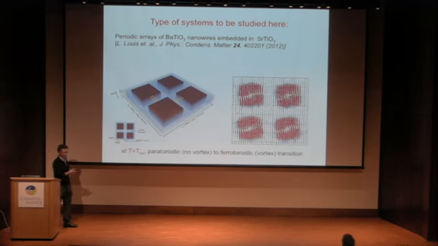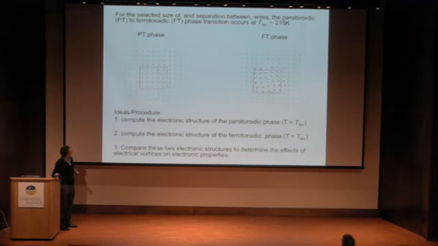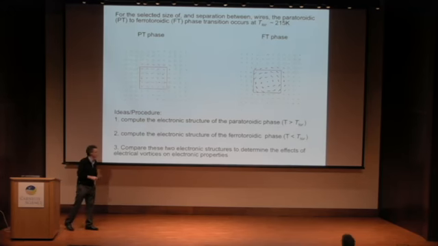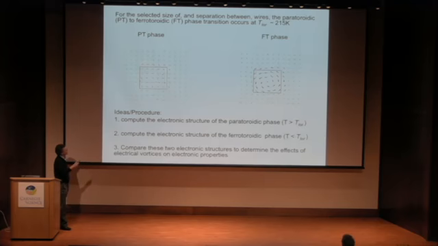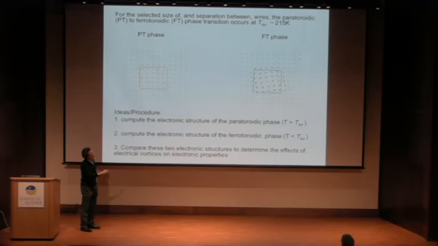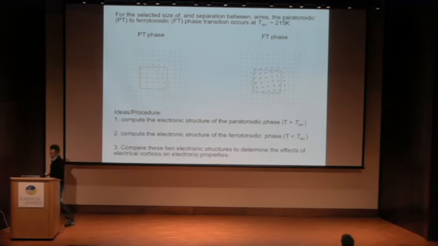So for example, if you take a snapshot of the dipole configurations, that is basically what we call the PT phase, which is when there is no vortex, this is how it looks. The dipoles are basically randomly oriented, and in this red area, these are the bismuth titanate wires, and the green is the STO matrix. And here, when you go to this ferroelectric phase, for which you have a vortex, you can see nicely this vortex inside the nanowire.